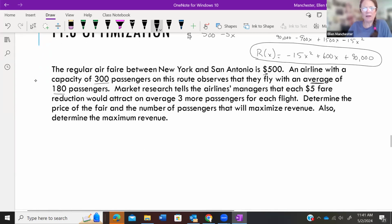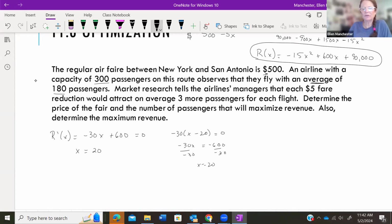So now we're right back to absolute max and min. Going to find the derivative of that. Set that to 0 and solve. So our X equals 20. So again, remember, you can do this either way. You can factor out a negative 30 and get X is 20, or you can move the 600 over and divide by negative 30. Either way works. So either way, you'll get 20 as your critical point. Okay, so then we're going to evaluate. So when I plug 20 into this original function,